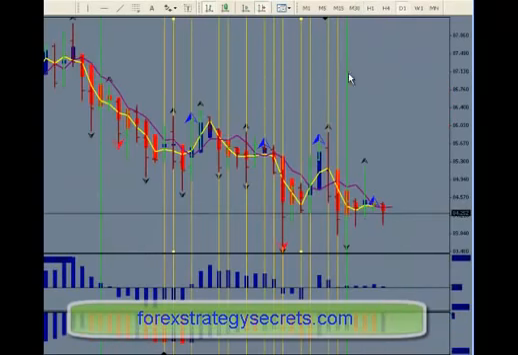Now we switch back to the day chart. Now I'm going to stop the video and I'm going to go through all the currency pairs and draw lines so you can see how many days out of the month there were potential trade